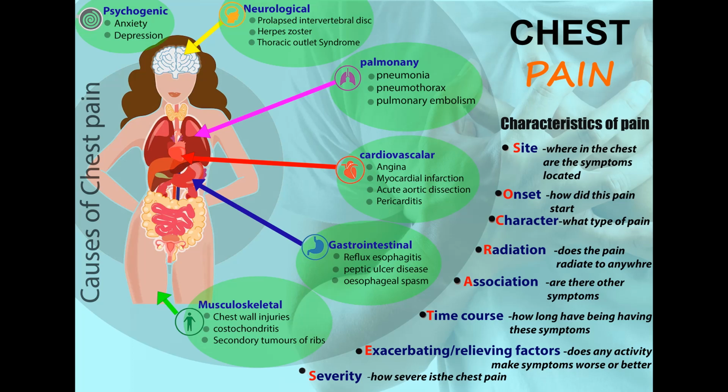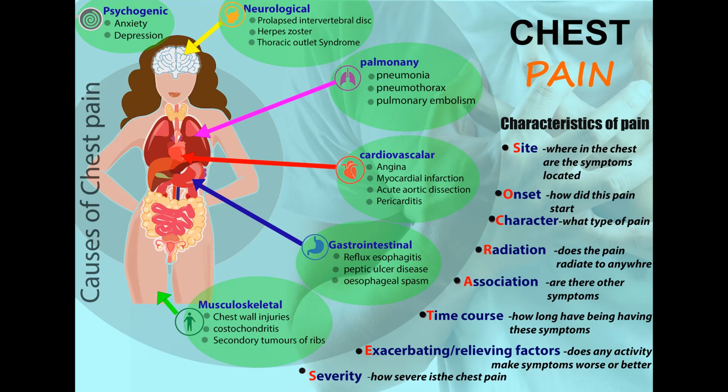Cardiovascular causes of chest pain. Angina is one of the most common causes of chest pain. Patients complain about pain behind the sternum, known as retrosternal chest pain. Onset is acute or subacute. Pain can radiate to the neck, jaw, shoulders, arms and epigastrium, and is also associated with a breathless feeling. Myocardial infarction, a more severe and later state, is called a heart attack. Patients may present with acute retrosternal chest pain. Radiation and character of the chest pain are similar to angina, but it may be associated with nausea, vomiting and sweating.